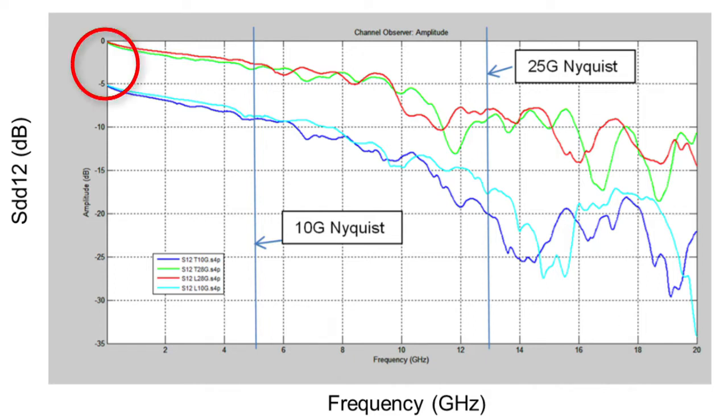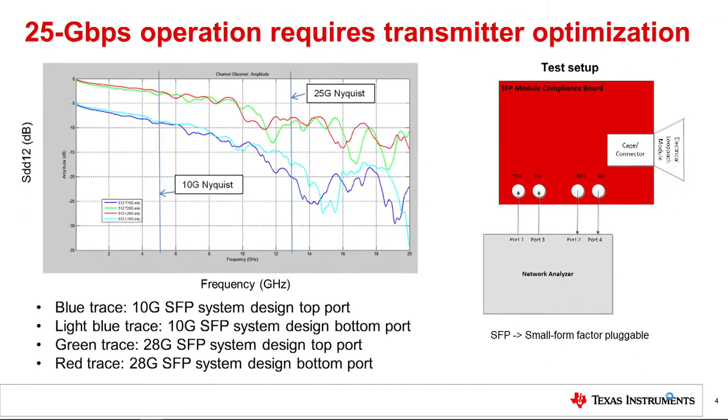Note that this graph shows an additional -5 dB shift for the blue 10G lines in order to better visually compare the two systems. At 25 gigabits per second, the insertion loss is at about -15 dB, while for 10G, this is at -3 dB. A 5-fold difference. Therefore, transmitter optimization parameters need to be fine-tuned to overcome the 15 dB loss we see when signaling speed is higher, such as 25G. To compensate for insertion loss, post-cursor boost is shown to be the most effective method.